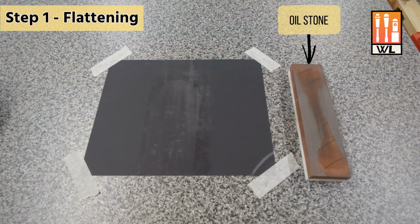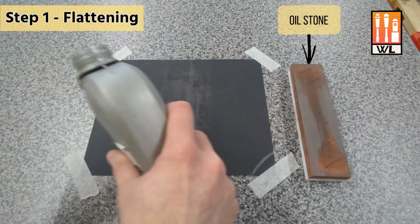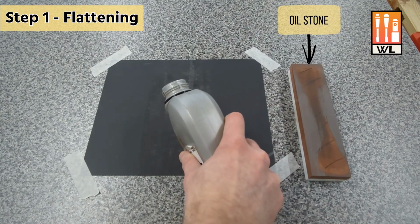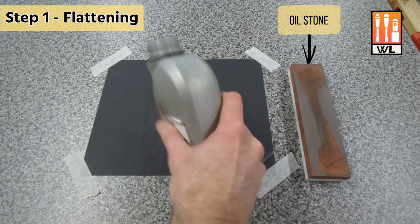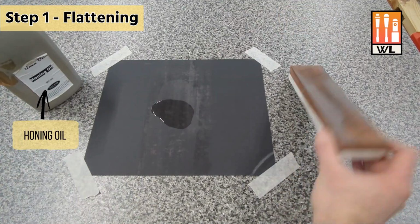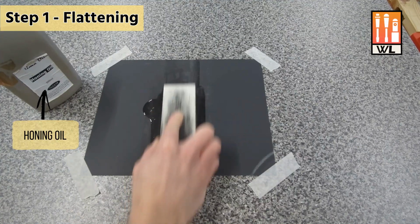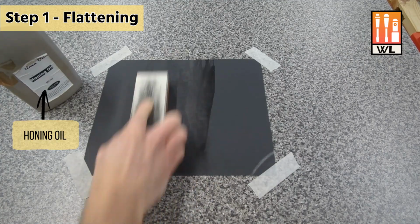If you do not have a flattening stone, a good alternative is to secure a piece of 100 grit wet and dry sandpaper onto any truly level surface like glass, or in this case, an off-cut worktop. Lubricate the wet and dry with water for water stones, or honing oil for an oil stone, and then take